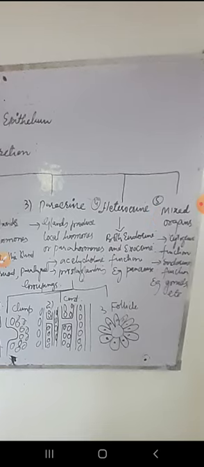And the fourth one is called heterocrine glands. These heterocrine glands have both endocrine as well as exocrine function. An example is the pancreas. You already know the pancreas has two types of cells: endocrine cells and exocrine cells, called islets of Langerhans and acinus. They have ducts as well as ductless functions. Endocrine function is released directly into the bloodstream, and exocrine function is released into the gastrointestinal tract.